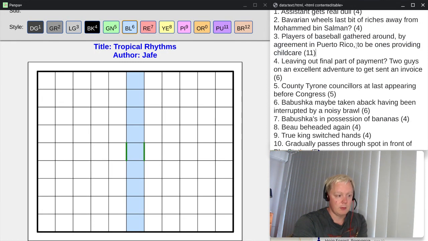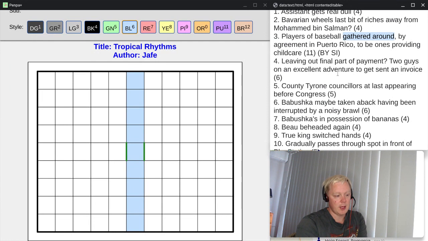But it can also be a part of the definition. I mean, it could be to be ones providing childcare. But the definition is going to be ones providing childcare. So we need a plural word, someone who takes after children, and it contains C, and it contains this by here, just by, without any modification. So it's going to have by and C, and that is going to be inside something that's gathered